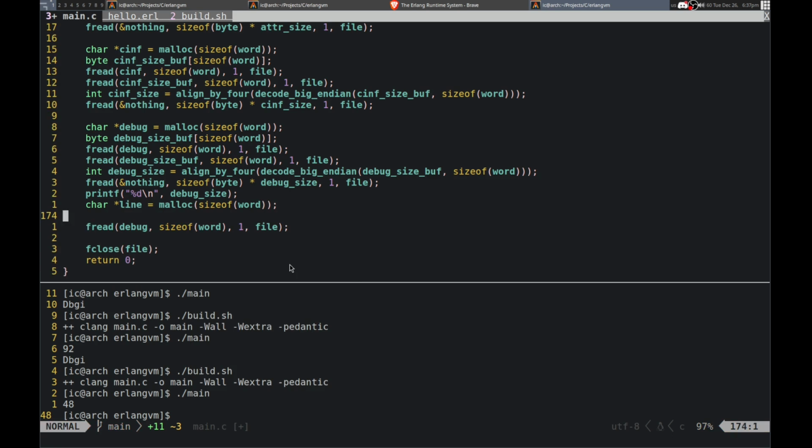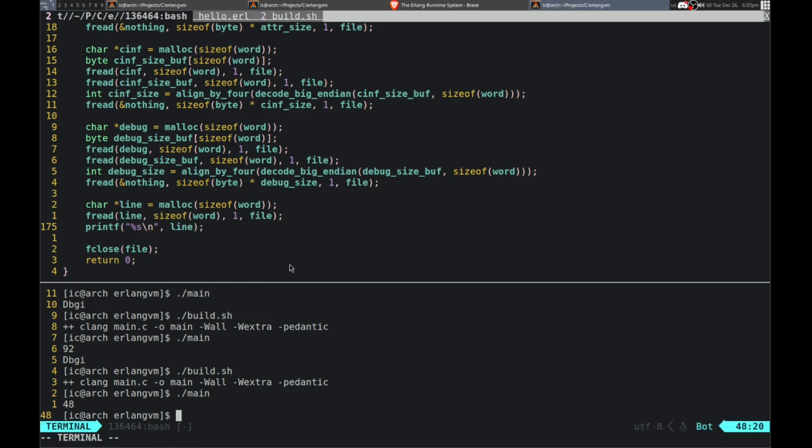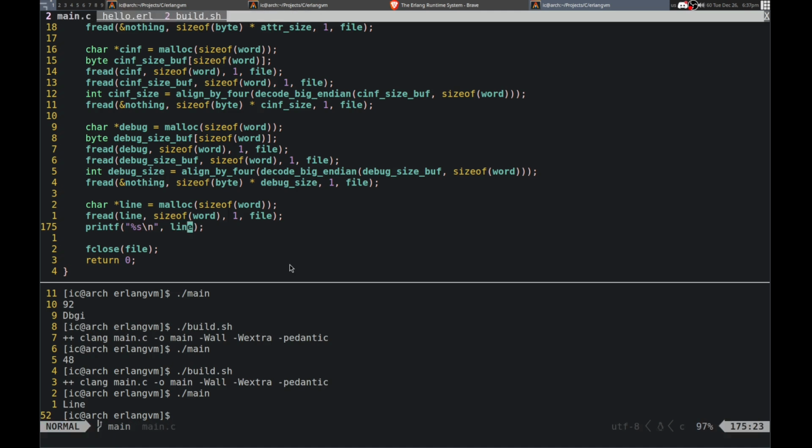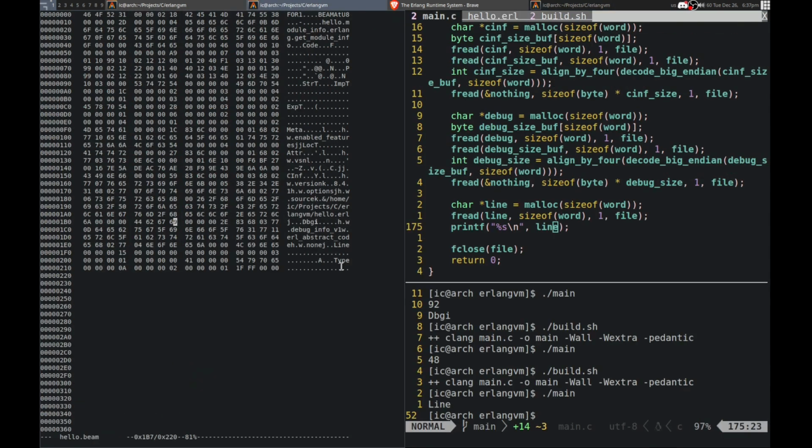Okay. And I would just print it out. Alright, let's see. Line. It is line. Okay. So we are all the way down to here. So we're almost done with the whole file. Line. And then the next one I suppose is probably type.